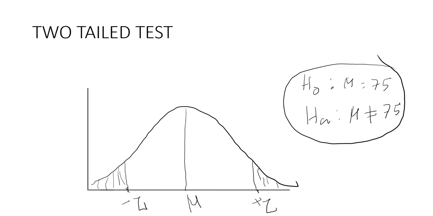Let's consider a two-tail test. Two-tail test means this is the condition. This will give you a complete idea. For a two-tailed test, these two areas will come. The reason is